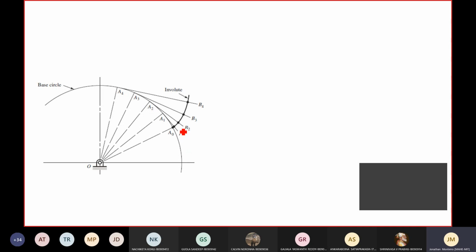See, initially the position is A0, no unwrapping. When it starts to unwrap, it is say B1, B2, B3, B4. What happens here? The moment it unwraps, the line that is connecting here is always a tangent. So for A1, B1, A2, B2, at this point it always becomes a tangent. Not here, sorry, here. So A3, B3 is here and A4, B4 is here. So it always becomes a tangent. That is one calculation that we have.